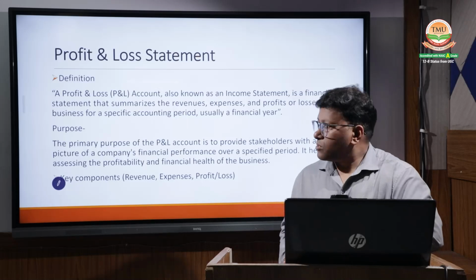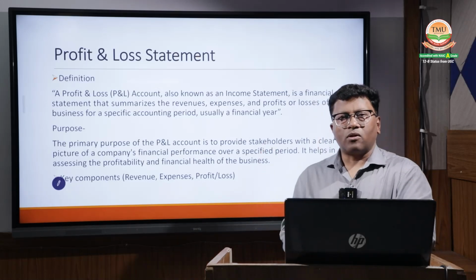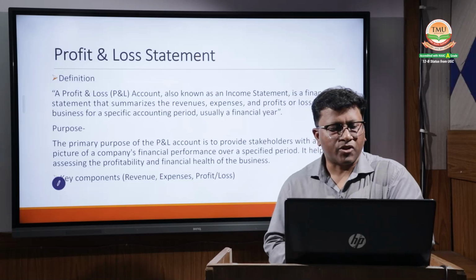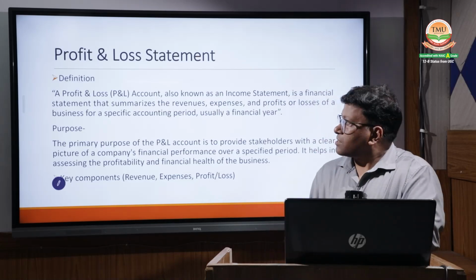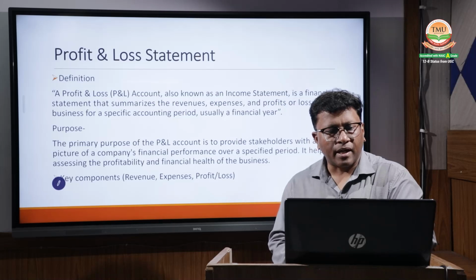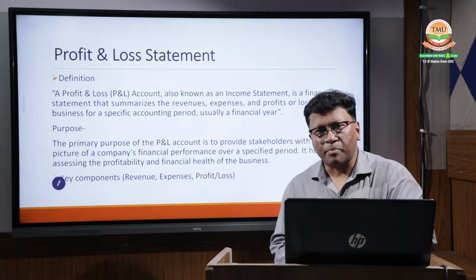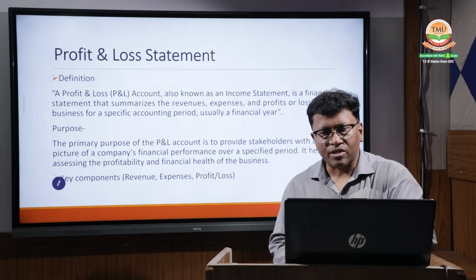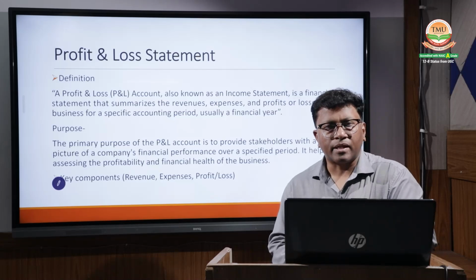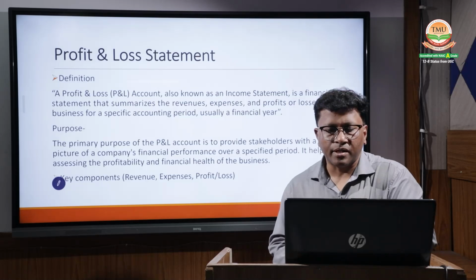So the very first thing is the profit and loss statement. What is that, and why are we preparing it in the organization? I think you can have a look at the definition on this slide. A profit and loss account, in short the P&L account, also known as the income statement, is a financial statement that summarizes the revenue, expenses, and profit or losses of a business for a specific accounting period,